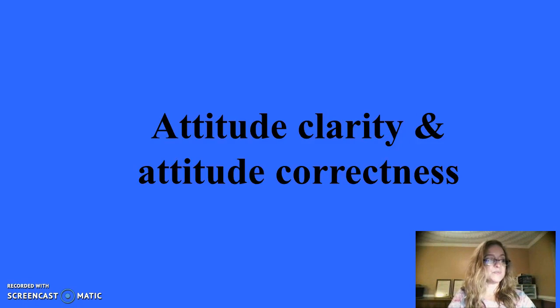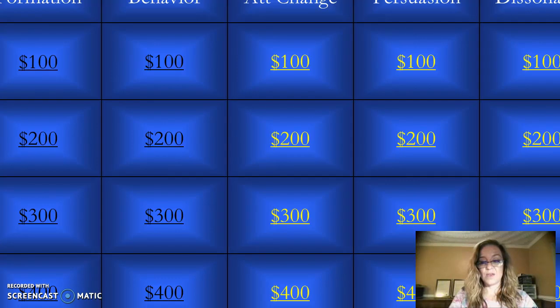Attitude clarity is being clear about what one's attitude is. Repeated expressions of attitudes make for greater clarity. Attitude correctness is feeling one's attitude is the valid or proper one to hold. It's greater when others share our attitudes, which basically is associated with higher consensus. Okay, so we're going to go to